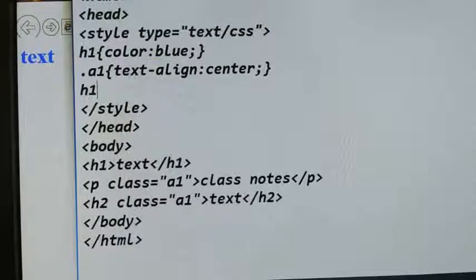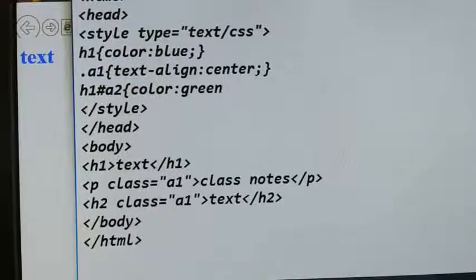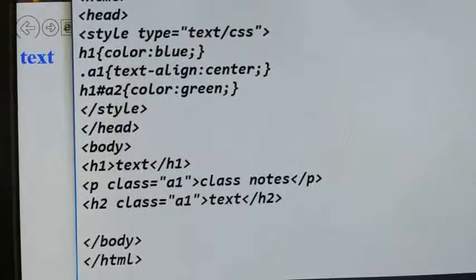H1, font symbol A2. Okay, so color green I have given, semicolon, close this. Now save it. Come to the body section. Here I am giving h2.